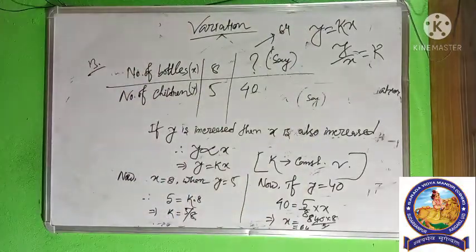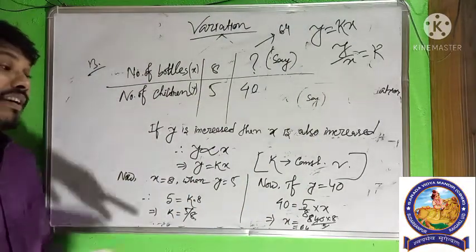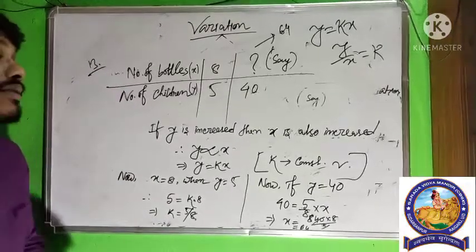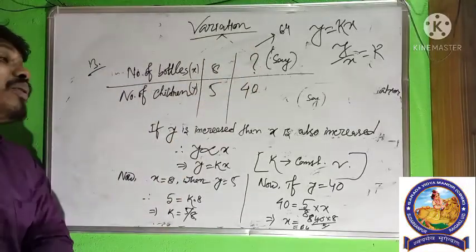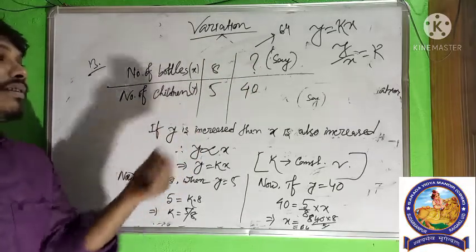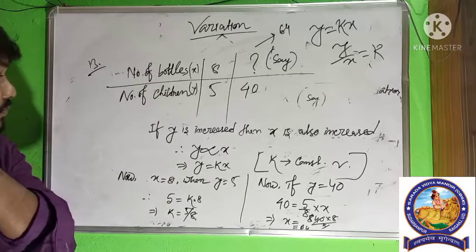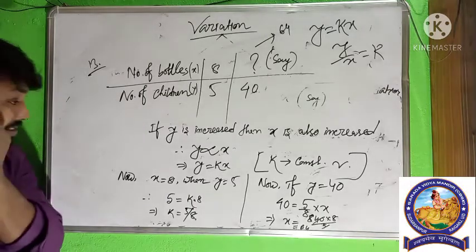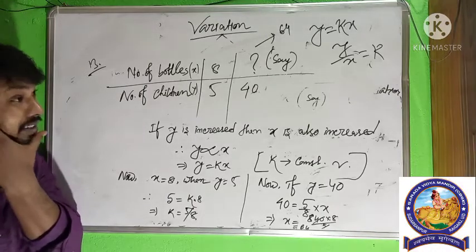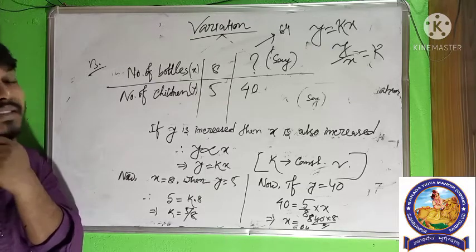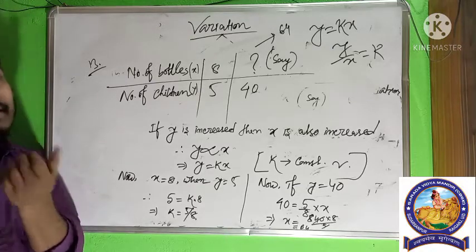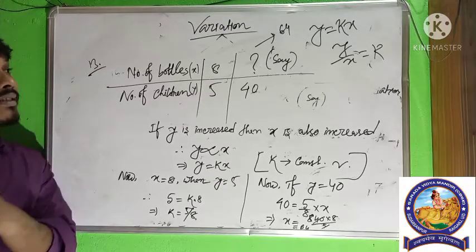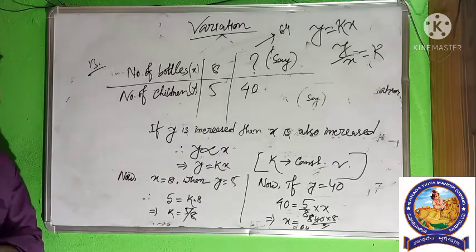In this way we can solve using actual variation, and the previous one is also variation, because we use the concept that ratios are equal in case of direct variation. I think no one is facing any problem, because the exercise is very easy and the concept is also very easy. In the next video I will discuss indirect variation if it is in your syllabus.